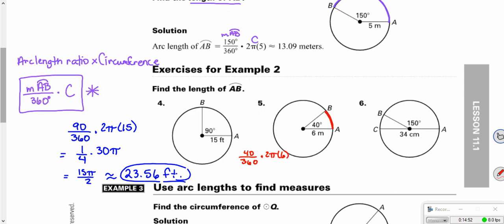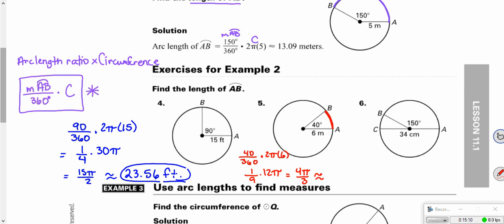So 40 over 360 reduces to 1/9 times 12 pi, which is 4 pi over 3, which is approximately,